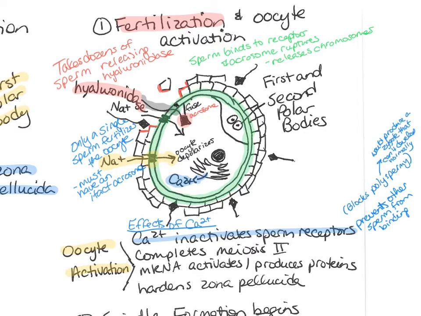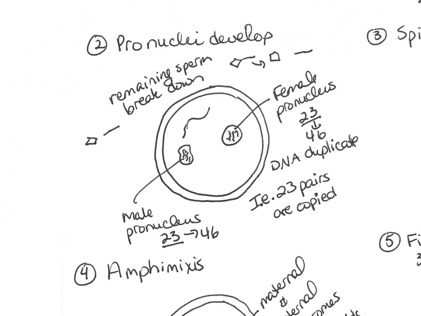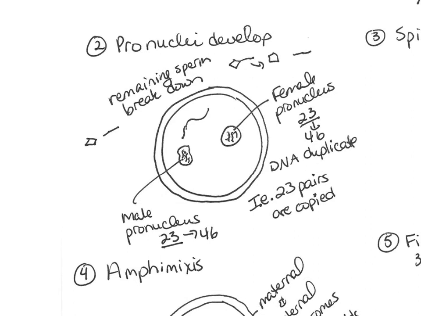Calcium also triggers the completion of meiosis II. The fertilized oocyte is now called an ovum, and the first polar body forms a second polar body. Lastly, the calcium triggers the messenger RNA in the cytoplasm of the ovum to become activated so that protein synthesis accelerates quickly. After oocyte activation is completed and meiosis is completed, the ovum reorganizes into the female pronucleus, and the